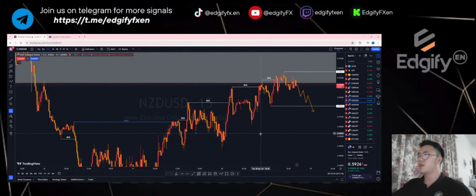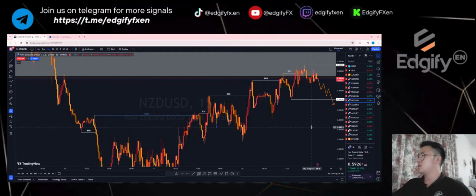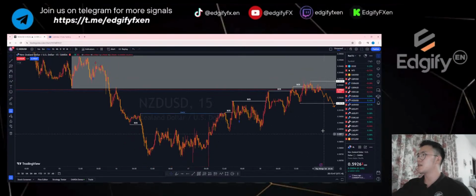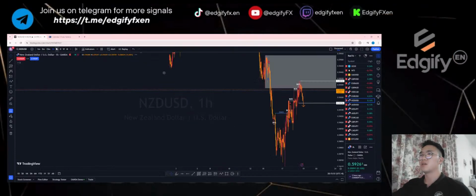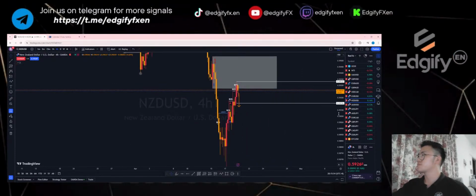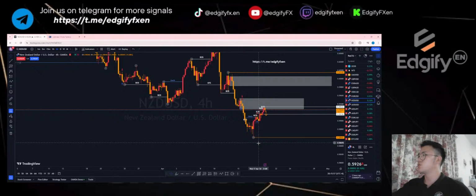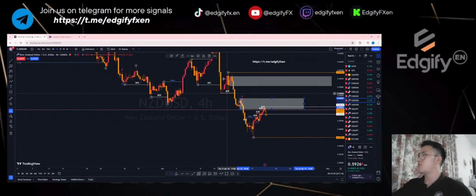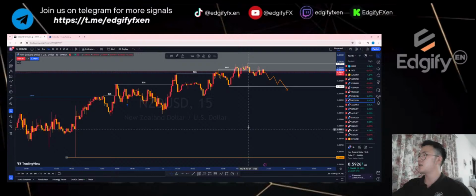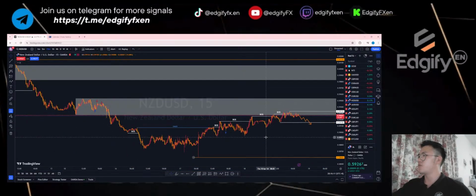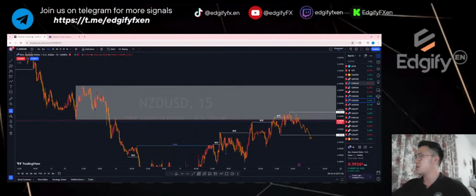So for NZD USD, we will be selling it because based on our hour 4, this is where we are selling. Let me just recap here. My zone is from here to here. My range is here to here. These are my zones where I'll be selling, which are my supply levels. So we'll keep an eye on this to see if we can manage to snatch a trade or two out of this. Alright.